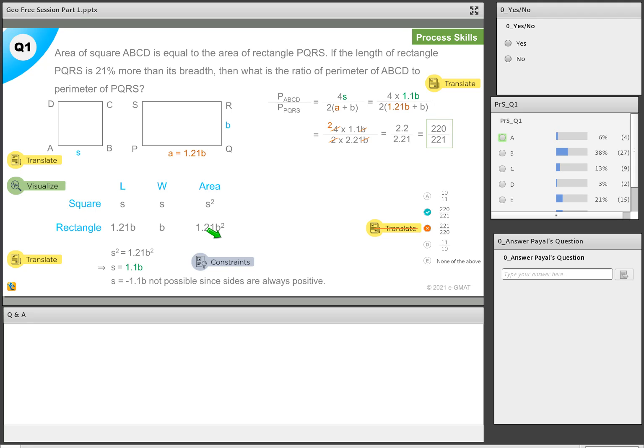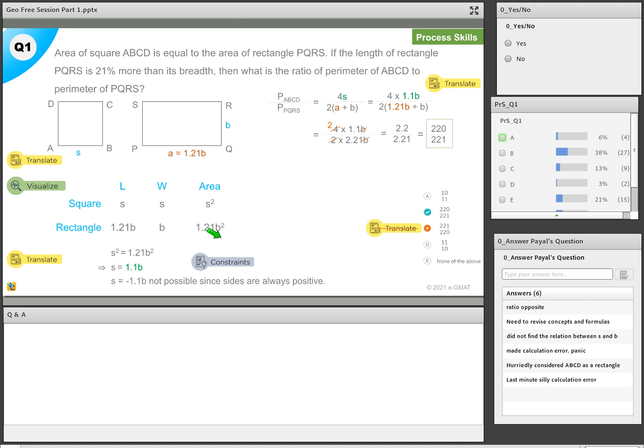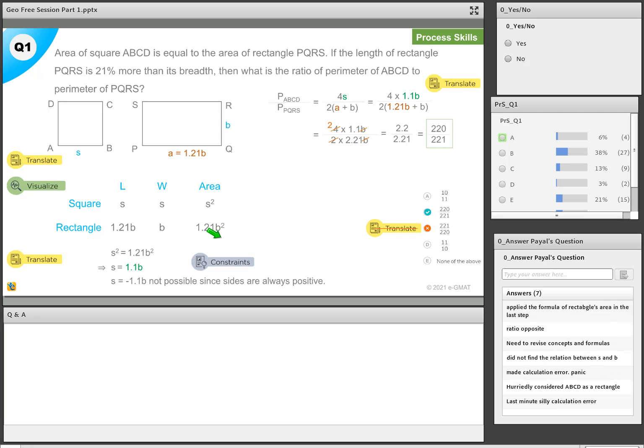Because the learnings from this question will be applicable to the second question. Did not find the relation between S and B. Okay, interesting. Let's look at this part. Very interesting. Hurriedly considered ABCD as a rectangle. Okay, now the reason why you considered